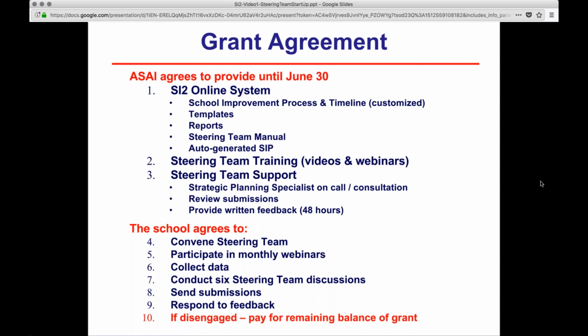So in your grant agreement, just a little refresher, from now until June 30th, ASA will be providing your SI2 online system. That includes the school improvement process and timeline. We have many templates. We have reports, we have the steering team manual, and we have your automatically generated school improvement plan that downloads as a PDF file that you'll be able to upload to the DOE.